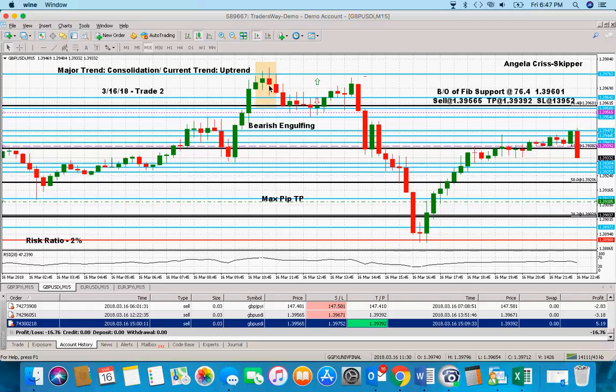It was a bearish engulfing, because it consumed this candlestick here. It came back up, closed, and continued to go down, which is what this signal here is what prompted me to enter the breakout of field support at 76.4, and enter after the